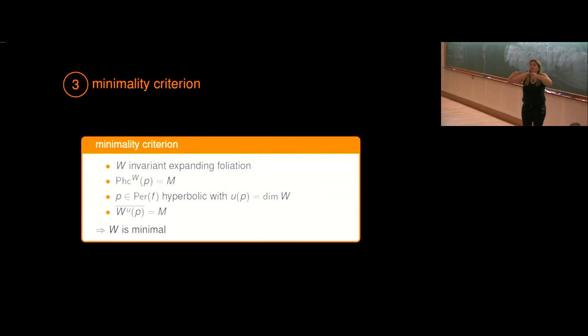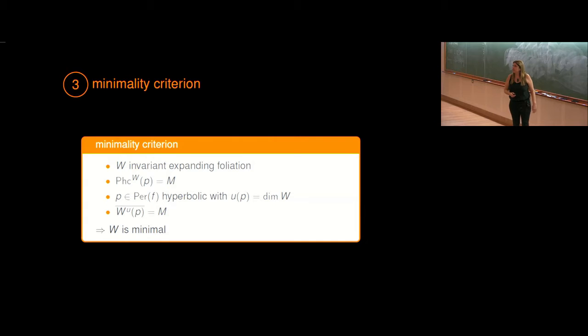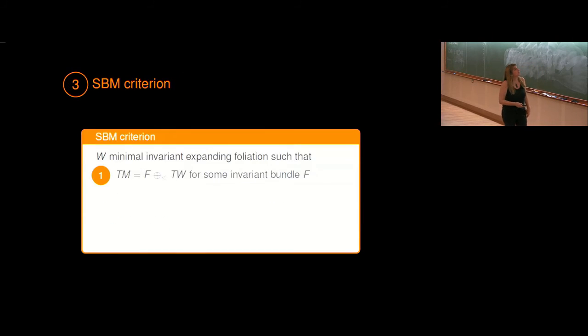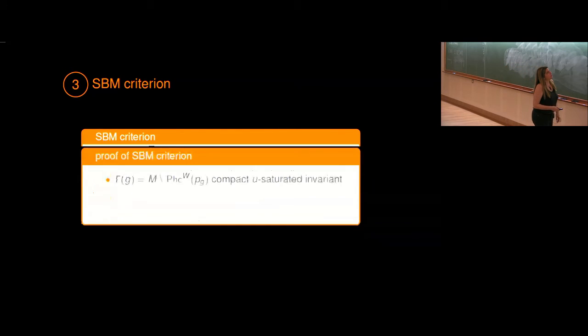All leaves cut in a compact part, and then this compact part can be shrunk, and they all approach the orbit of P, and eventually they get minimal. It's easy to prove. I leave it to you as an exercise. But what is important is that you should only prove that this is dense, and then this will be minimal. Okay? So this is not important